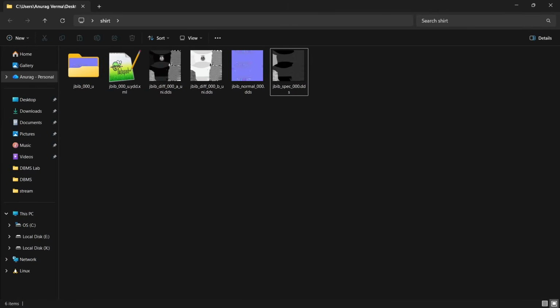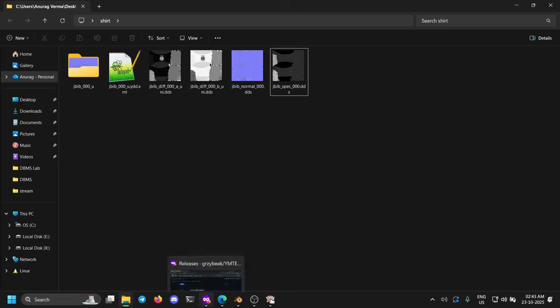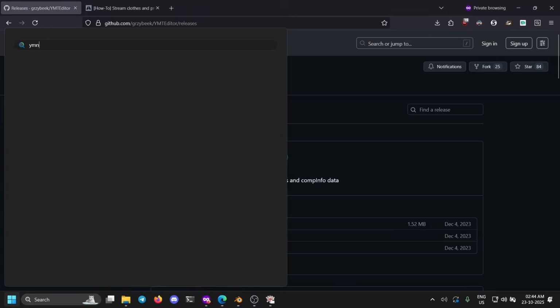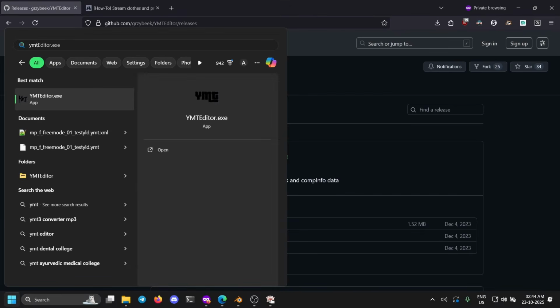So once our XML has been exported, what we want to do is create our new YMT. For our YMT, we can download the YMT editor. I'll also provide the link of this YMT editor down in the description. So you can just download this. And once we open our YMT editor,